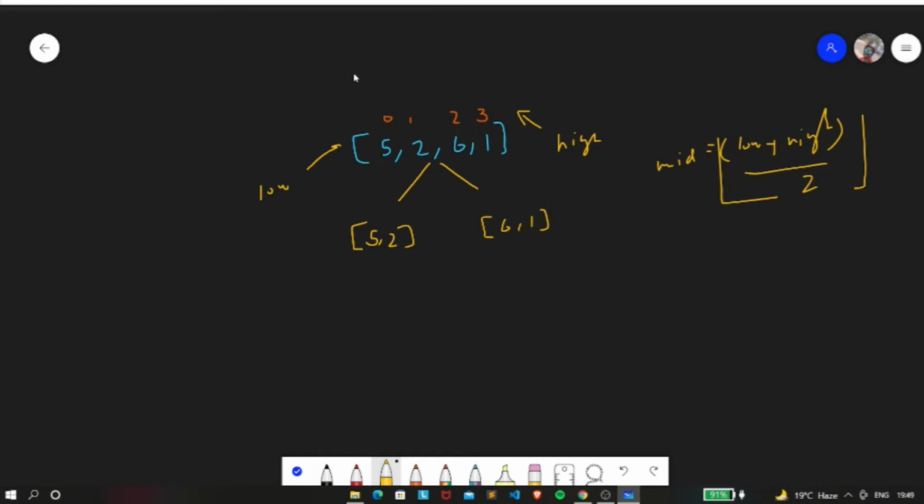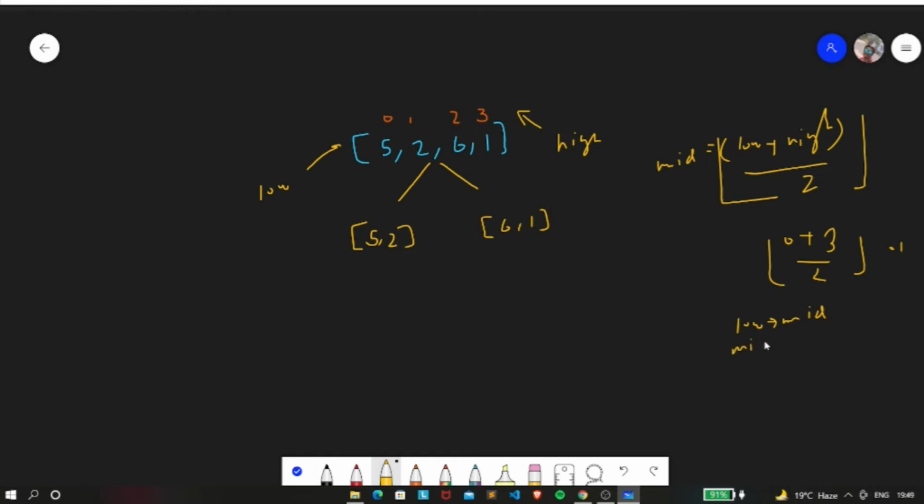Now currently our low is 0 and high is 3, so it will be nothing but 1.5, right? If you consider the lower bound, it will be 1. So we're going to consider two subarrays. One subarray will be ranging from low to mid, so this is our one subarray, and another subarray will be ranging from mid